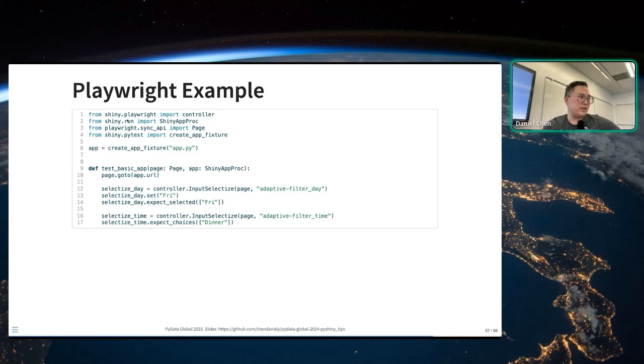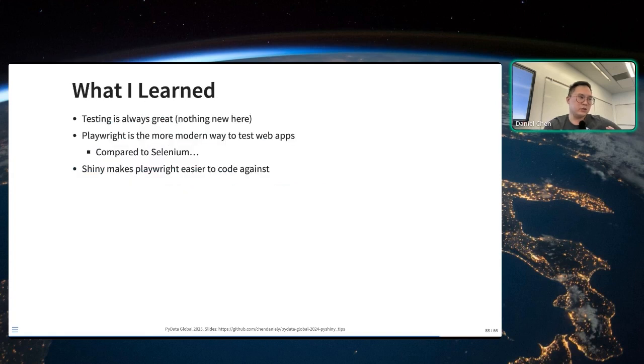And so you can see here, we have the Shiny Playwright module, and there's the actual base Playwright module, and Shiny does come with a way to give me an application so I can load it up, and then you can go to the application, pretend to look at a particular input, click and change that input, and then do a check to see what the value is. So you can mimic user behaviors with Playwright, and it's much better than using a tool like Selenium, if that's what you've done before. So testing is always great. Use Playwright. It's a more modern version than Selenium, and